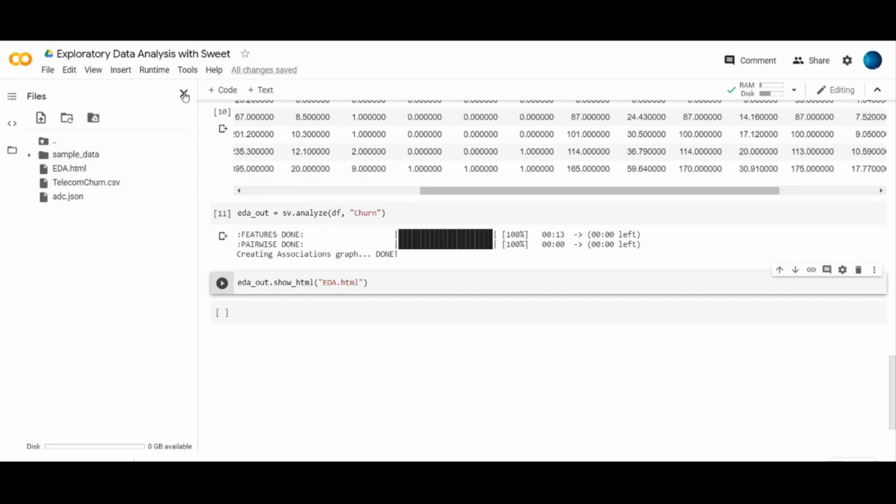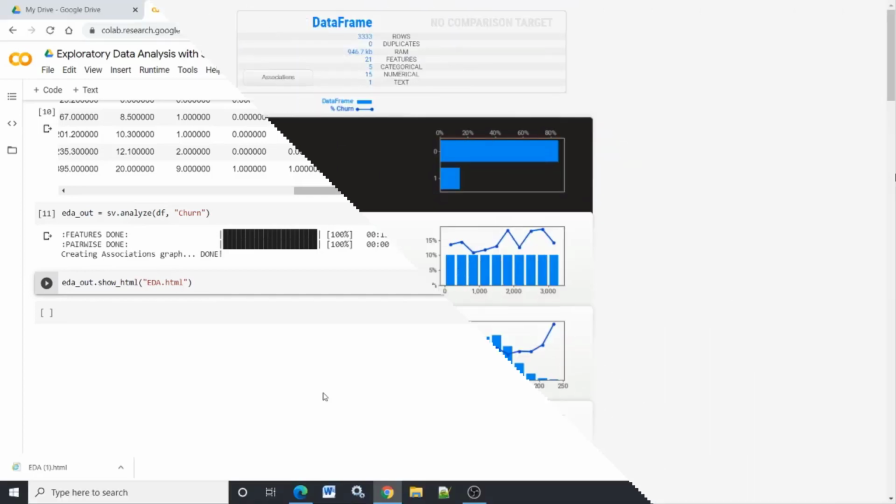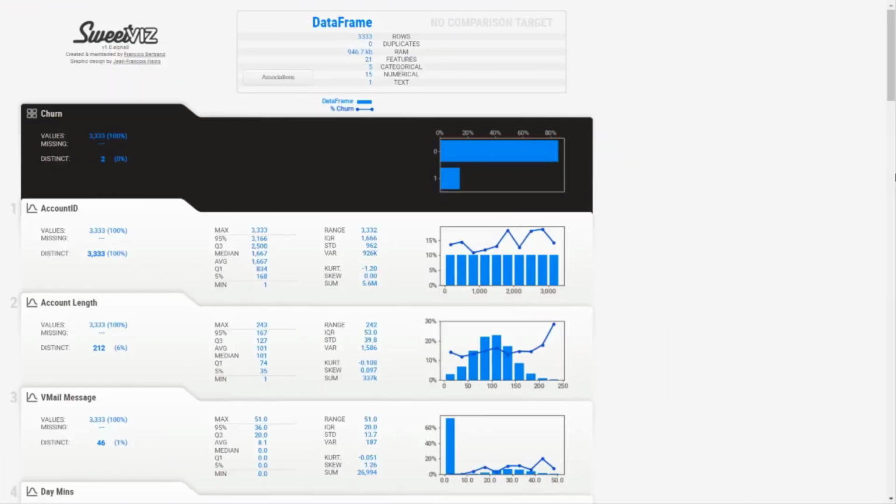But in case you are using a Jupyter notebook without Colab, this HTML file will pop up on the screen. Okay, so this is the report that is generated by this SweetViz package.